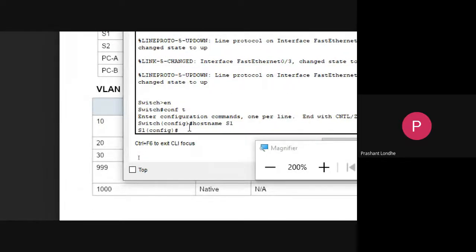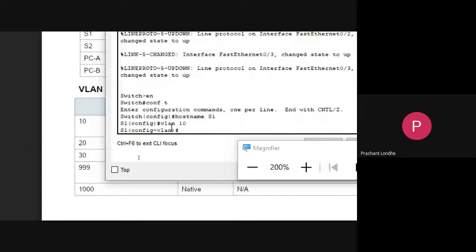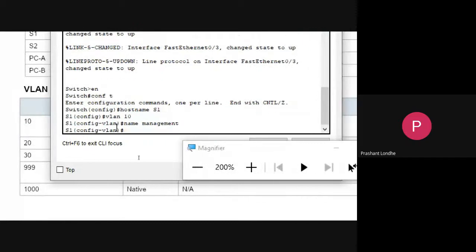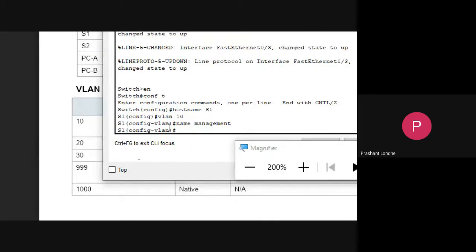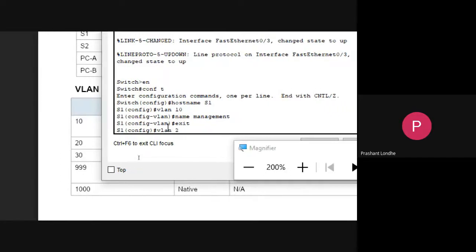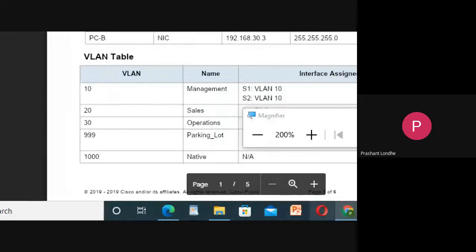So the hostname will be changed to S1. VLAN 10, and give the name as management. Then exit. VLAN 20. What is VLAN 20? For sales.